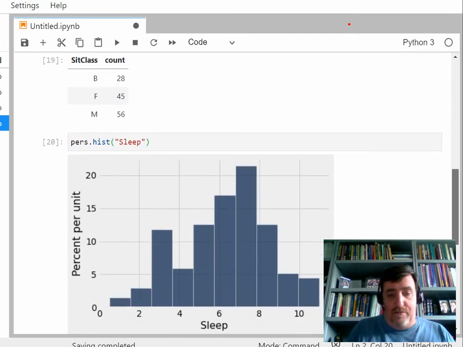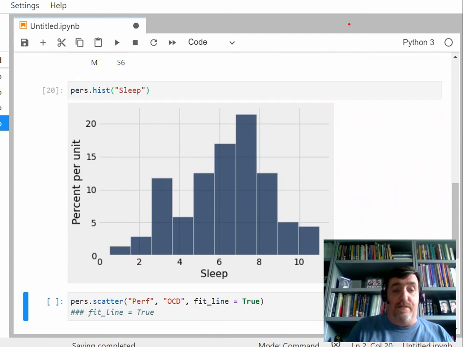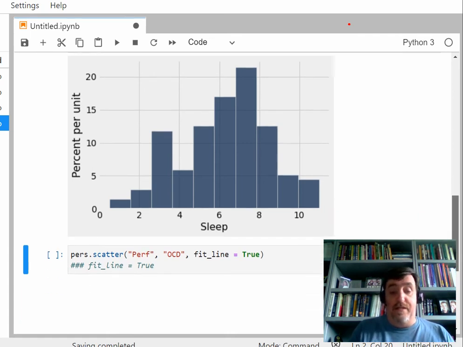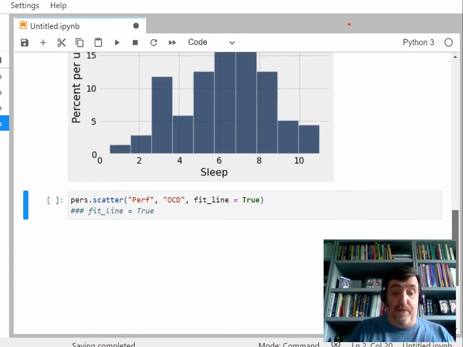And I hit Shift Enter and notice that there is a histogram now that says sleep. And there are these people who only got 2 hours of sleep and 4 hours of sleep. So there were some. But you see that the tall bars in here are showing that most people got 6, 7 hours of sleep. Okay. And we can take a look at different variables and see who got more sleep than others.